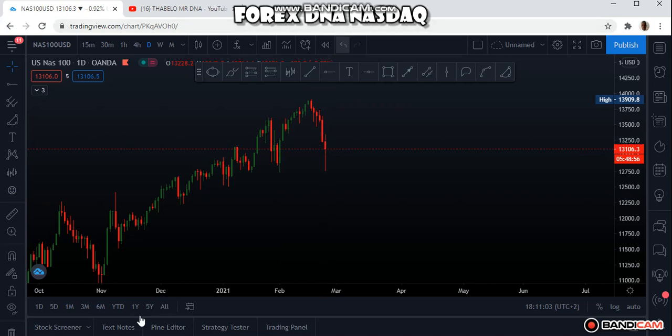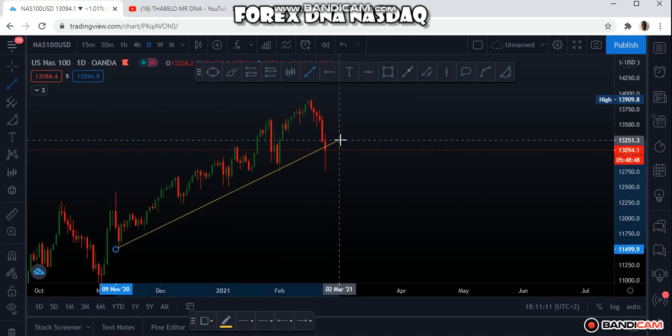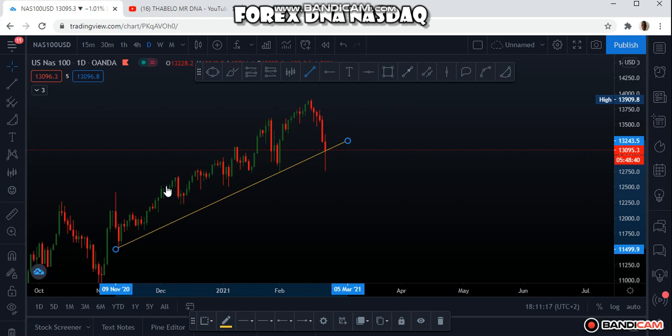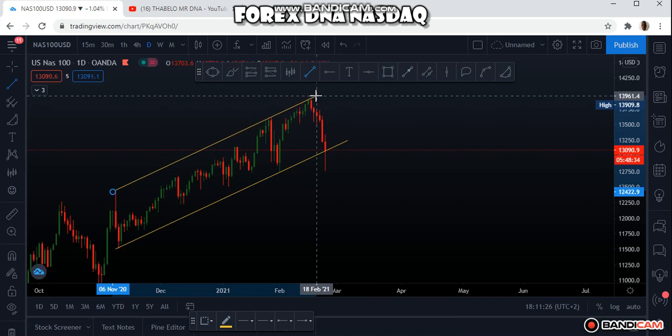Okay, guys, let's start. If you can check here, we have a trend line like this on our higher low. We have a trend line like this, guys. Also we have a trend line like this. So guys, first thing before you analyze,